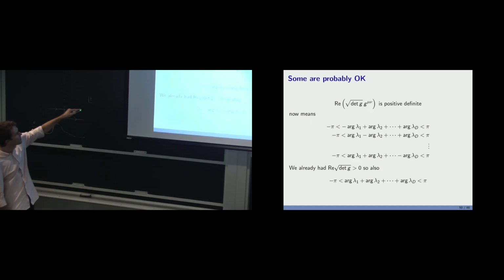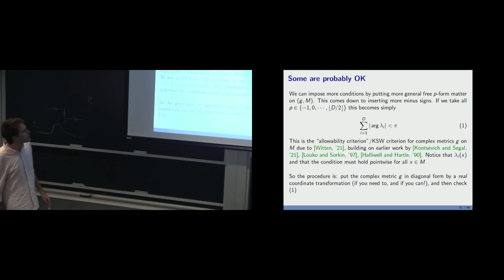So now the conditions are these ones, where these things lie between minus pi and pi. We put in a single minus sign in all of them. We also have this, so that means that also the sum without any minus sign lies in this interval. Now, you can impose more conditions. I won't do it, but it's very simple. If you put more general free p-form matter on here, for any p going over a range, then the condition simply must